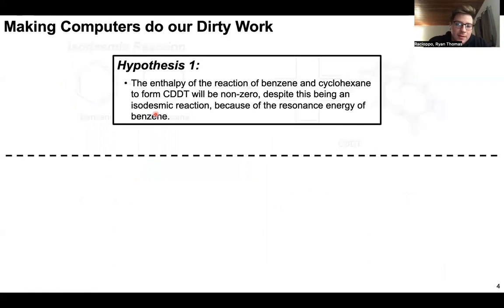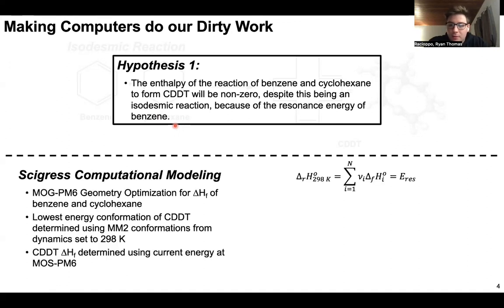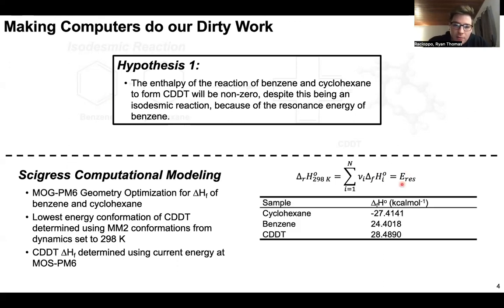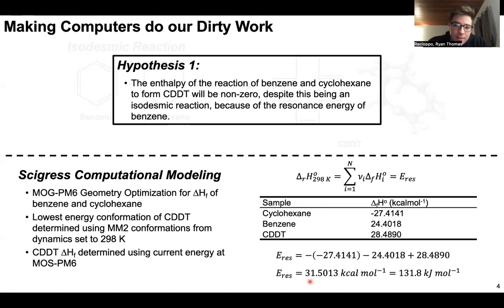Our hypothesis is that where we would usually expect the heat of reaction to be zero for an isodesmic reaction, because of the stabilizing resonance energy of benzene, we're going to observe a non-zero enthalpy of reaction. We can do that pretty quickly by finding the enthalpy of formation values for each of these three molecules. If it's zero, it means there's no resonance energy, but if we obtain a value, we're observing resonance energy. When we do this actual experiment, we get a resonance energy of about 31.5, which already proves hypothesis one, that there is this resonance energy